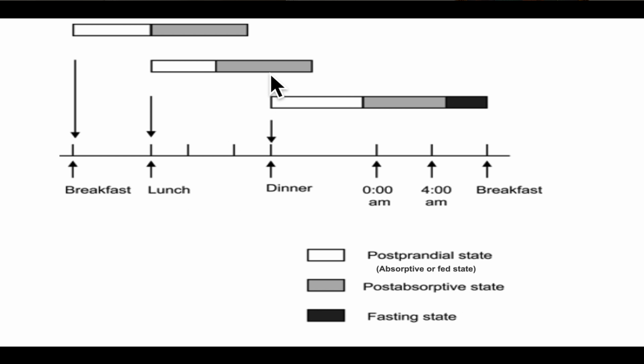Before we finish that post absorptive state, we take dinner, right, and again we go into the absorptive state there. So, absorptive state for 4 hours and then the post absorptive state for 6 hours. In total that is 10 hours, and after 10 hours we go into the fasting state. That will probably be around 5 or 6 in the morning, and we break that fasting by taking breakfast. That is why we call it breakfast, because we are breaking the fast. So, the fasting actually starts 10 hours after our last meal. Let us look into a little more detail on that.